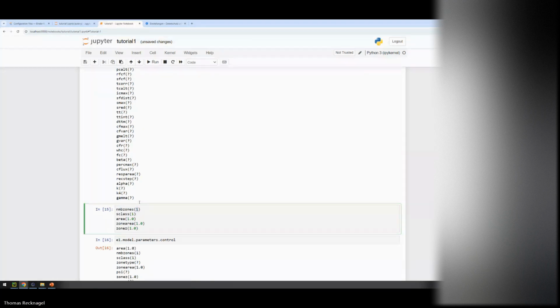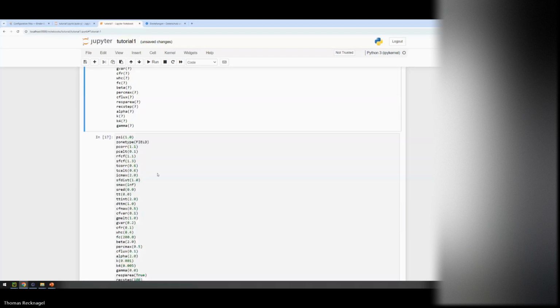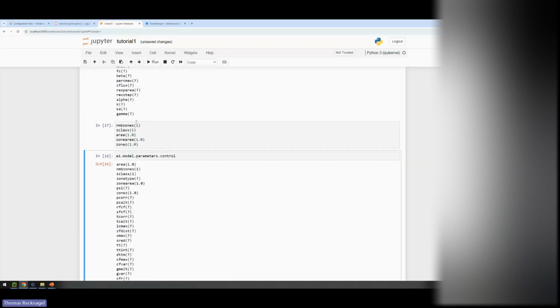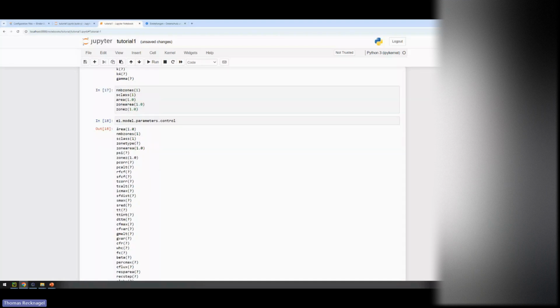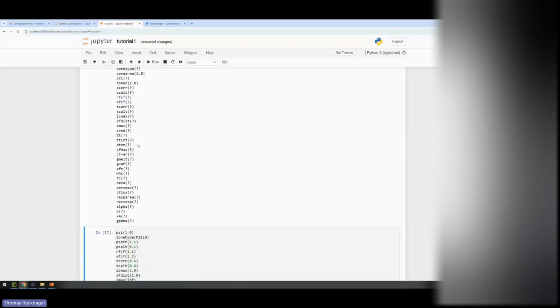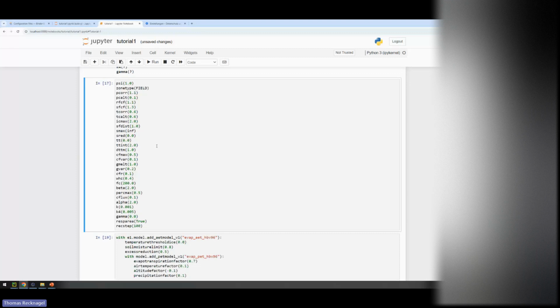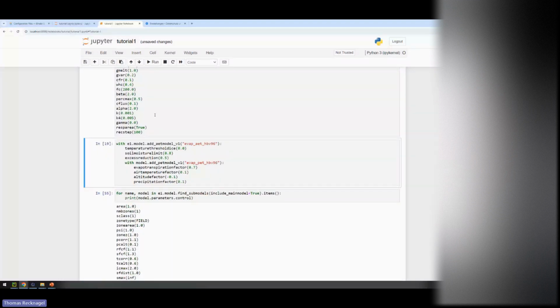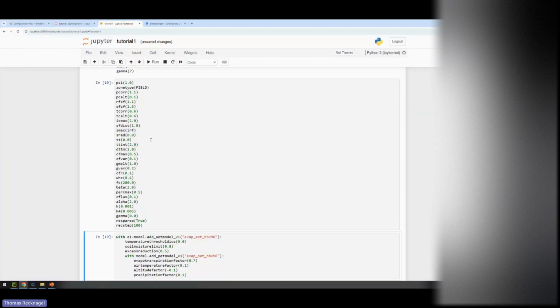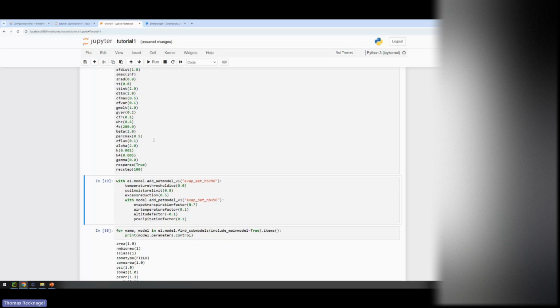And so if I run this part, I run this and then I run this. And now you see, for example, the area of the subbasin and the number of zones and so on. These are already set. The others are still missing. I will not talk about all these parameters now, of course, but I will just set the rest of the parameters. And now they are all set, but we still need to